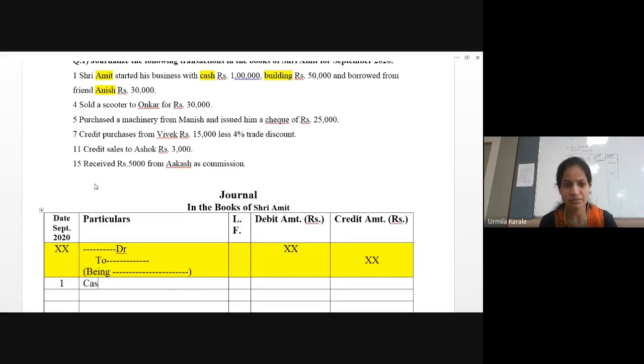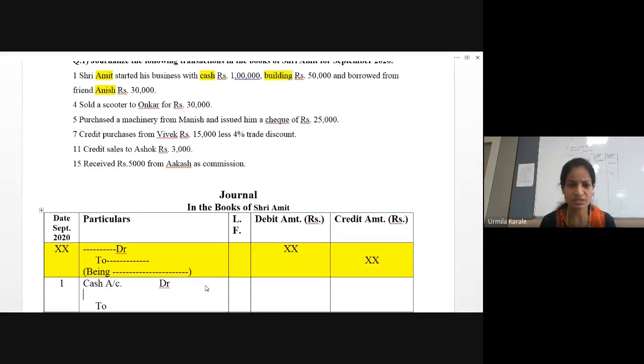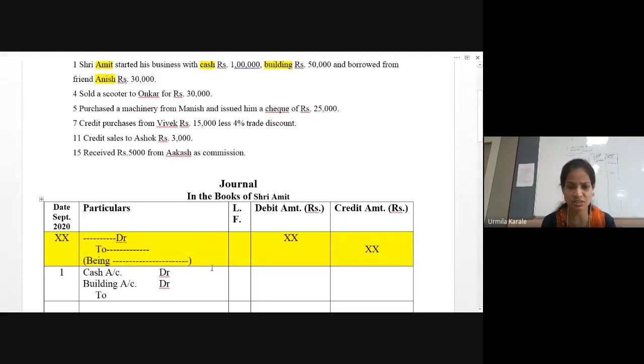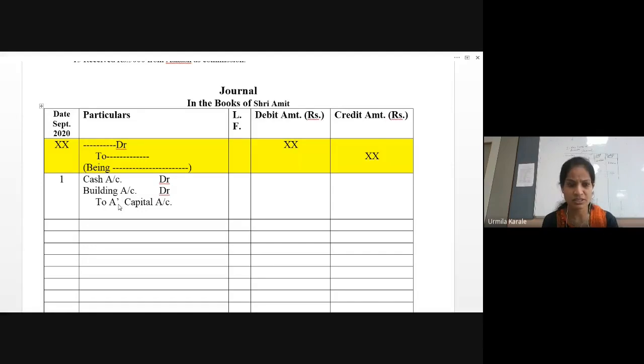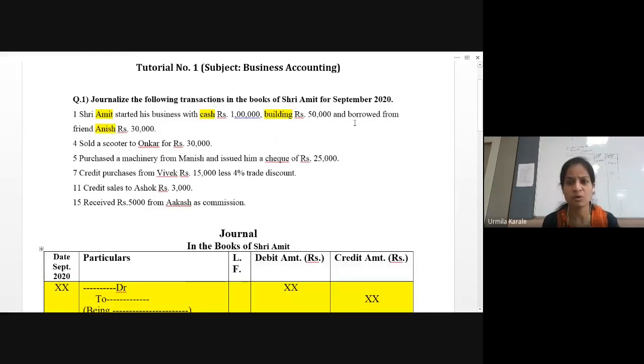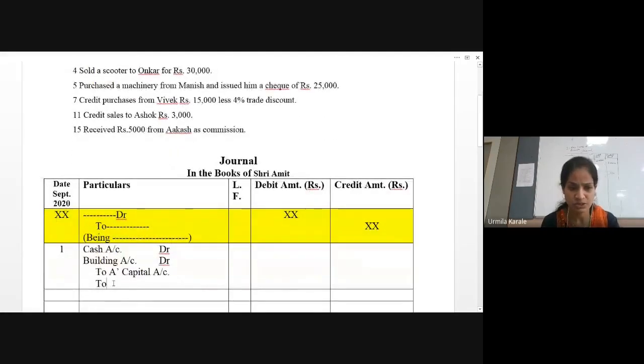So cash account debit, line 2. Now what we'll do, we'll first write the accounts which got debited, cash and the building. So cash account debit, then building account debit. Now there are 2 accounts which are getting credited. So on the next line, the account which got credited, before that we write 'To'. So just see, I'm writing here Amit's capital account. You can write in short, capital account which got credited. And one more account that got credited is Anish. Okay, you have borrowed money from him. He has given it to you. He is giver, you are receiver, right? So here too, Anish's account. We have recorded the transaction.